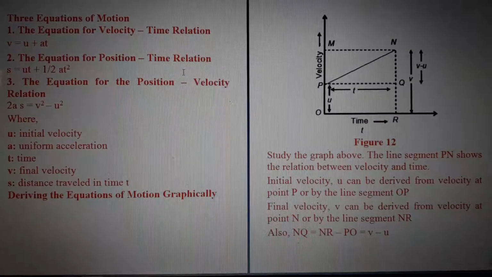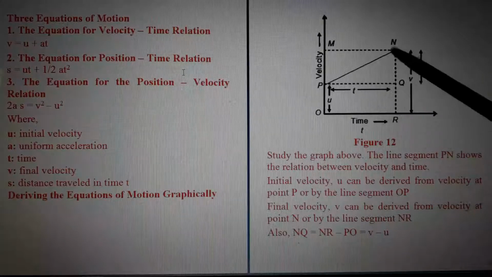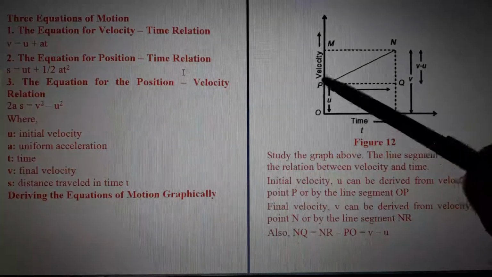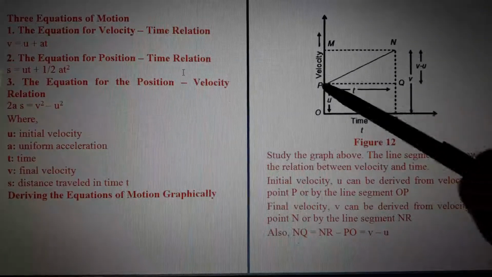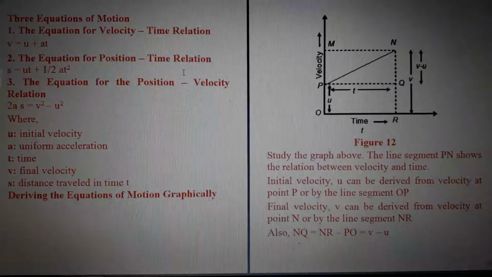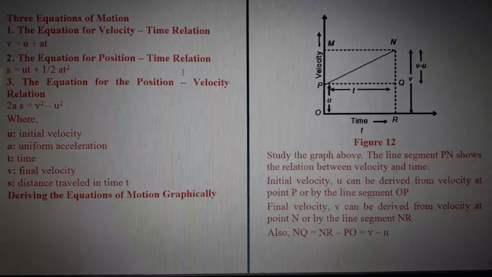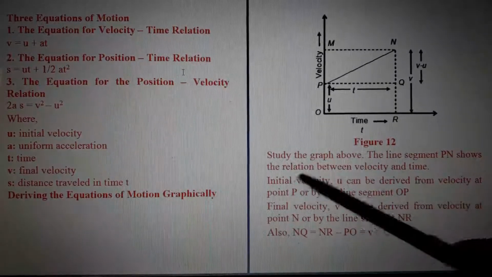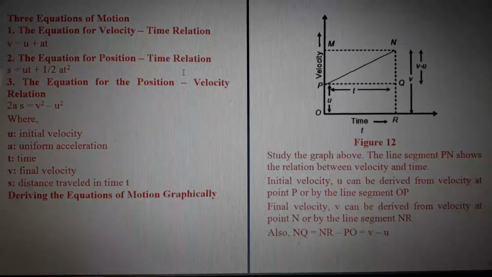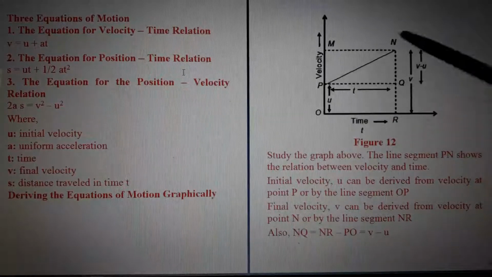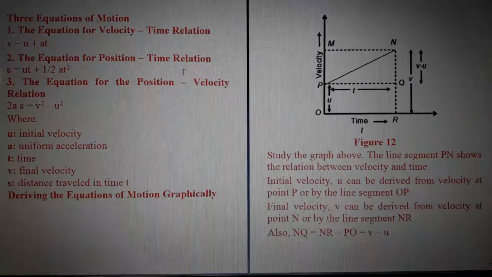And one speciality is here. One more line is here, from P to N. From the point of initial velocity to final velocity, another line we can draw, and that line shows us the relation between velocity and time. Understand? So that slope is the relation between velocity and time, and from that relation we can derive